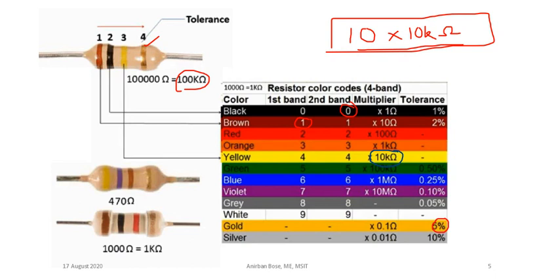So what is the use of the resistor? Resistors are used in a circuit so that if the current in a component is too high and you want to reduce it so that the component will not be damaged, we connect a resistor in series with that component so that the current value decreases and the component will not be damaged.